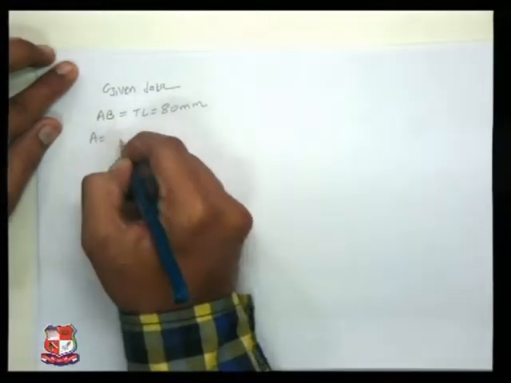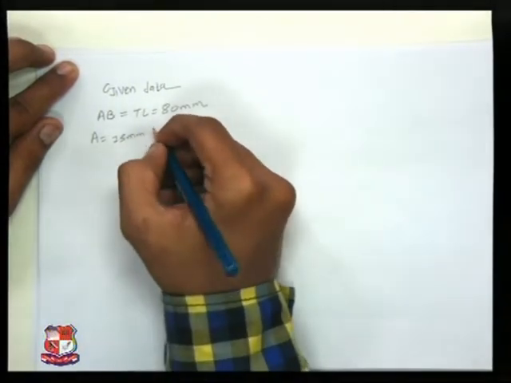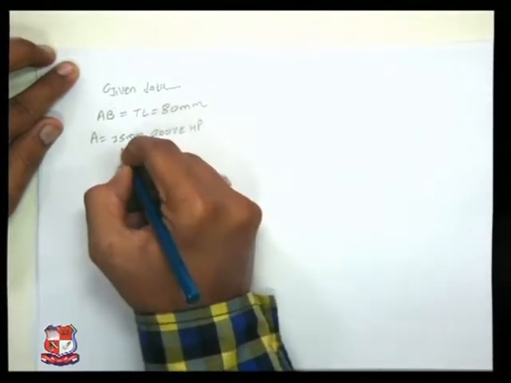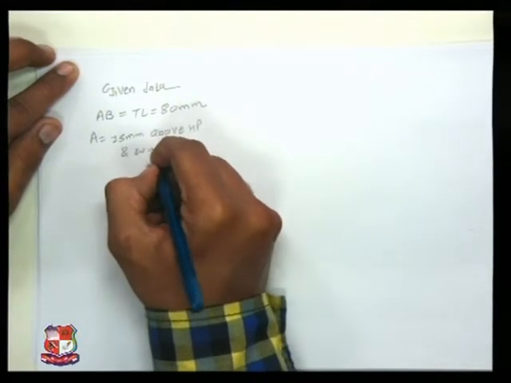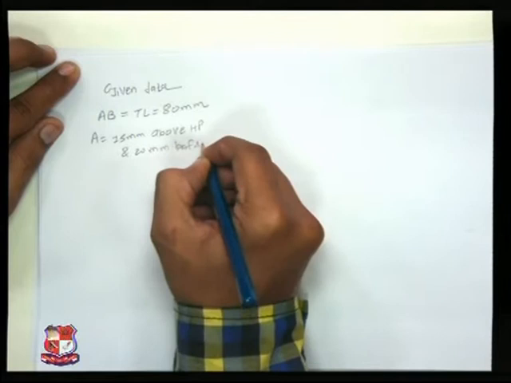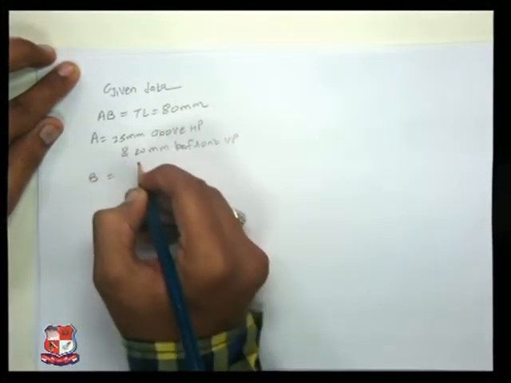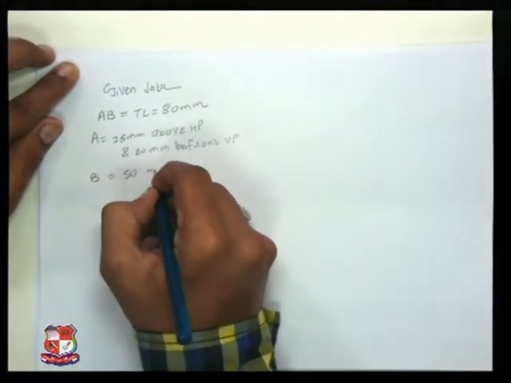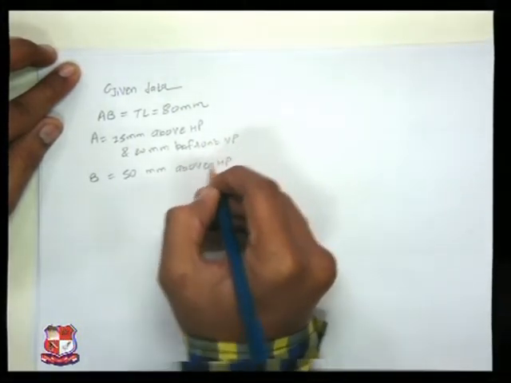A is 15 mm above HP and 20 mm in front of VP. Then point B's location is given: 50 mm above HP and